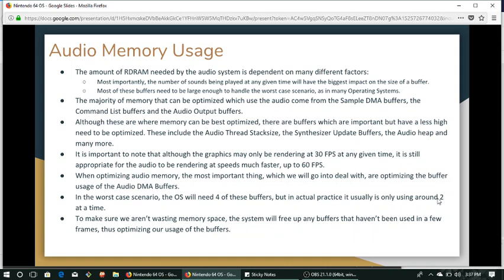So although these are where memory can be best optimized, there are buffers which are important but have a less high need to be optimized. Those include the audio thread stack size, synthesizer update buffers, and audio heap. It is important to note that even though graphics can be rendering at 30 frames per second, because we weren't really up to 60 frames per second by this time, it is still appropriate for the audio to be rendering at speeds a lot faster,